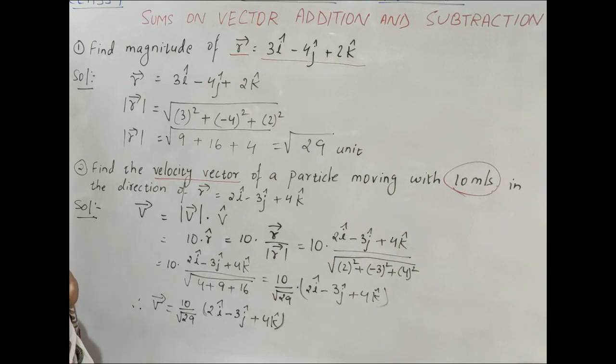Please take your notes. Give today's date. IIT Physics Class 7, heading Vectors. Today's heading is sums on vector addition and subtraction. Please note down these two questions. You must maintain your notes neatly, and every day you have to complete them. When you are writing from the board, pause the video and write down completely. After writing only, continue the video. Clear? Right.